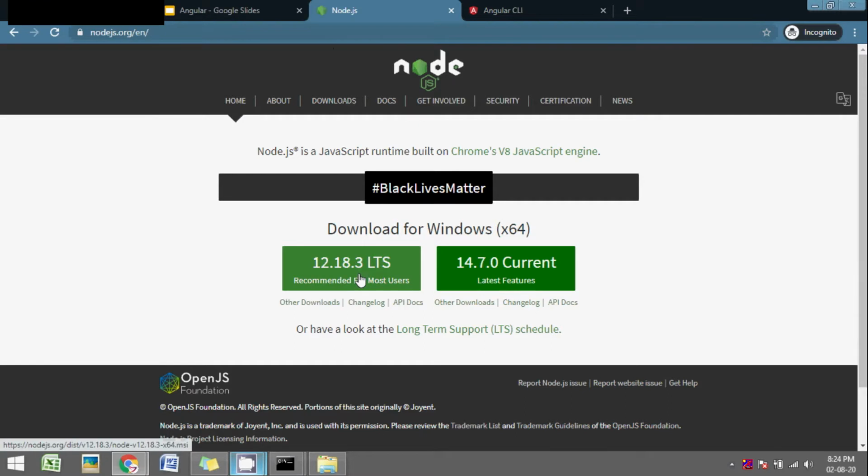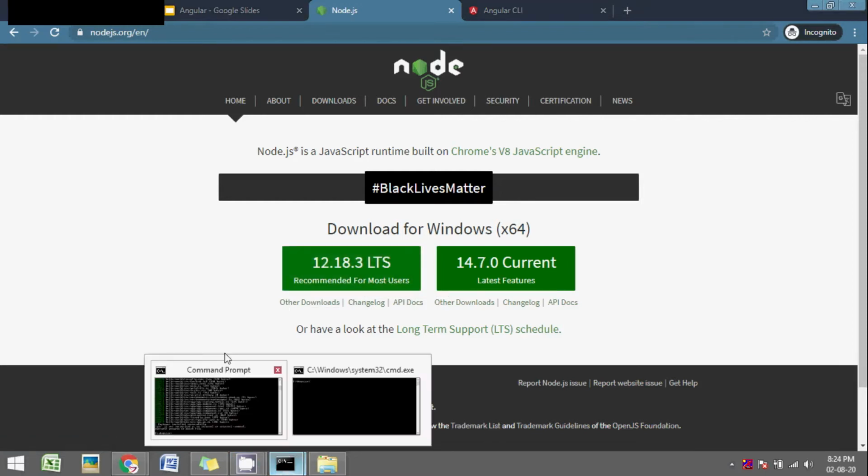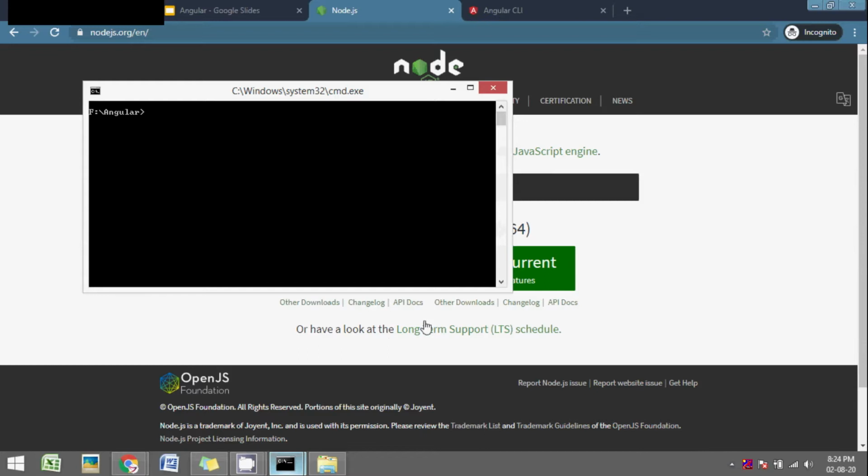nodejs.org and download and install the latest version of Node.js from here. I have already installed Node.js on my machine, so after installing Node.js, go to the command prompt and